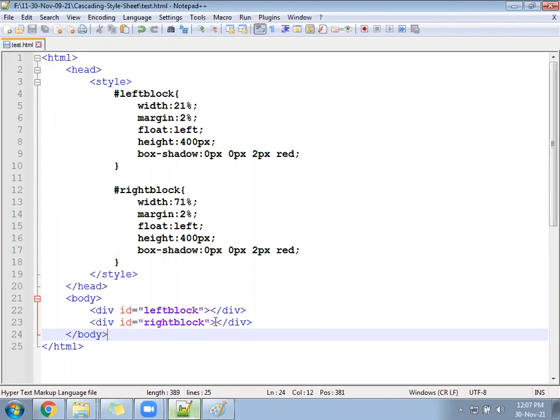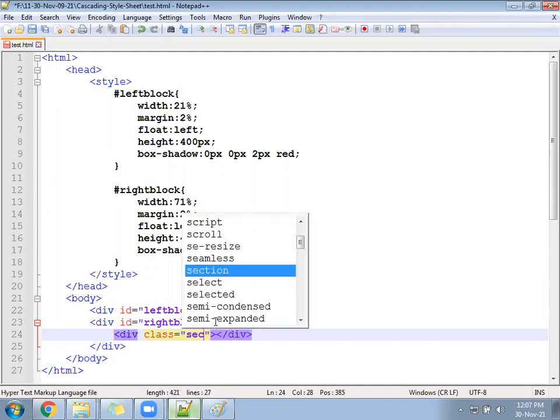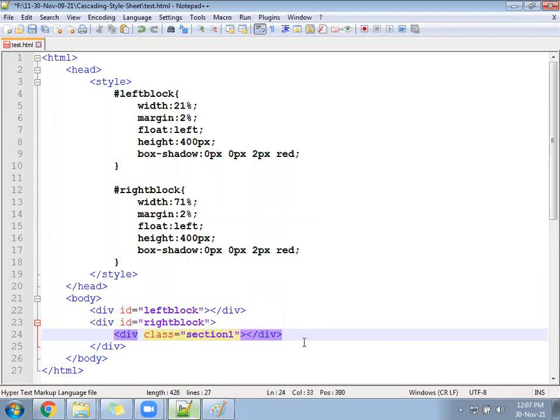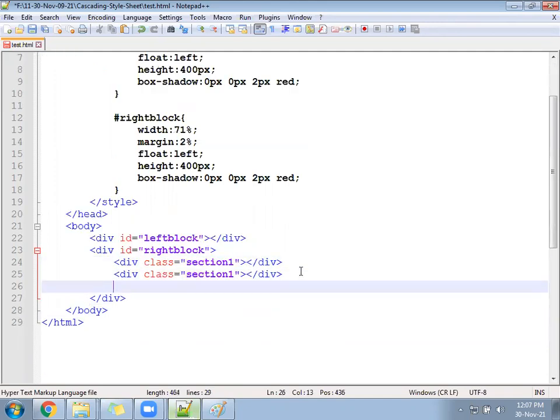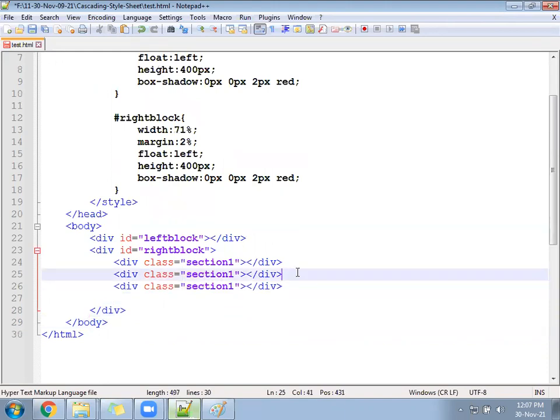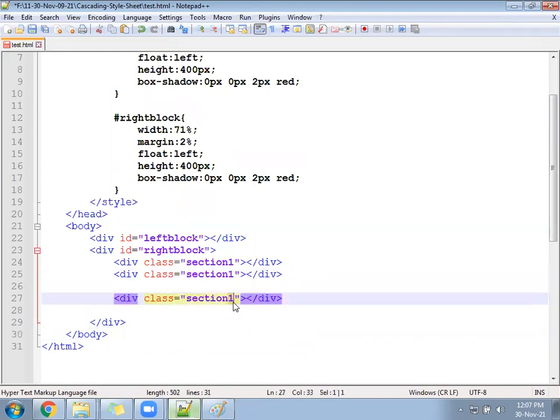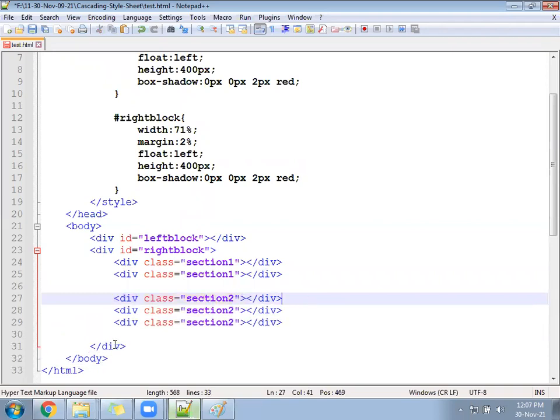Now come to the right hand side. Under the right hand side, we require two divisions. Division class equal to section 1, and section 1 two times, and again section 2. Section 2, how many times? 3 times.